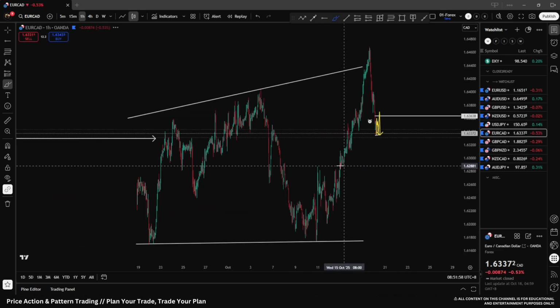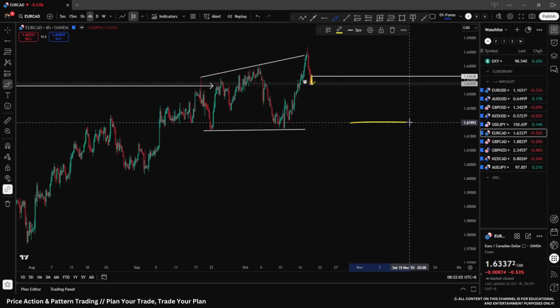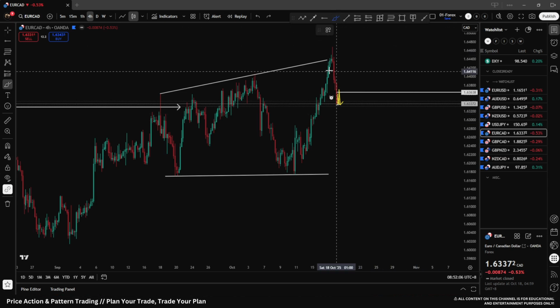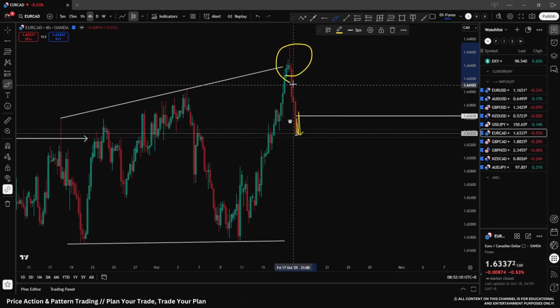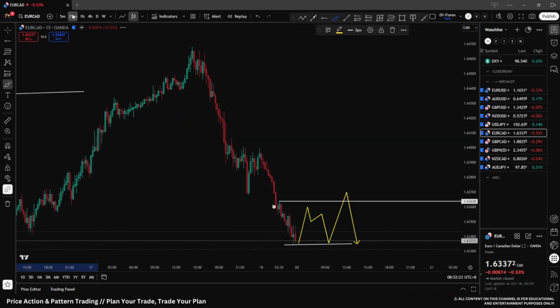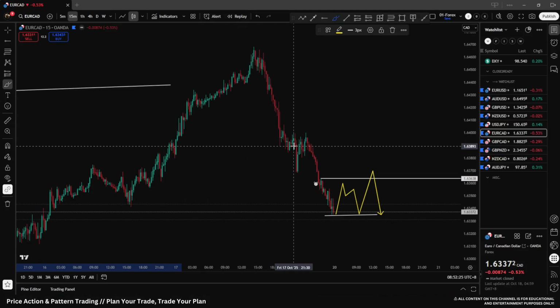Euro Canadian, on the 4-hour time frame, we can see we finished the structure and had a very strong reaction here on the third touch. We have a nice 4-hour high test, reversal candle, follow through candles, very, very strong bearish price action, and a clear goal here to the left. I'm looking now here as well on the 15-minute, because we don't have much to work on the higher time frame for a bearish continuation.